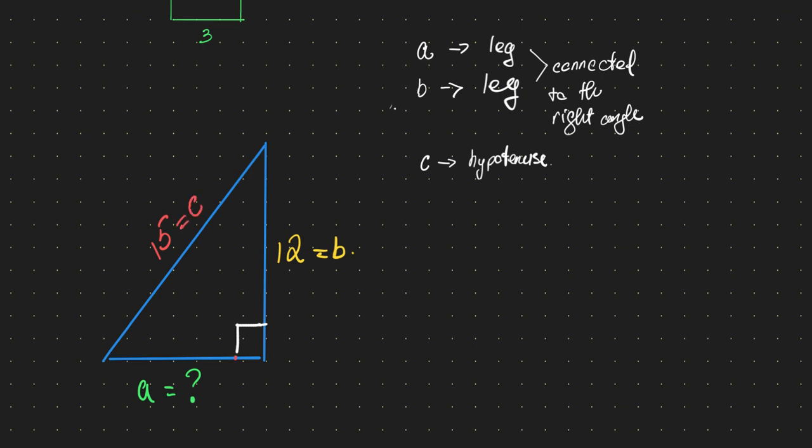How do I know? Well, because it's across from the right angle. That is the longest side. So interesting here, we know what the hypotenuse is, which is the longer side, C, but we don't know what A is, one of the legs. So what do we do now? Well, don't panic. We're just going to write our equation to remind ourselves what the Pythagorean theorem is